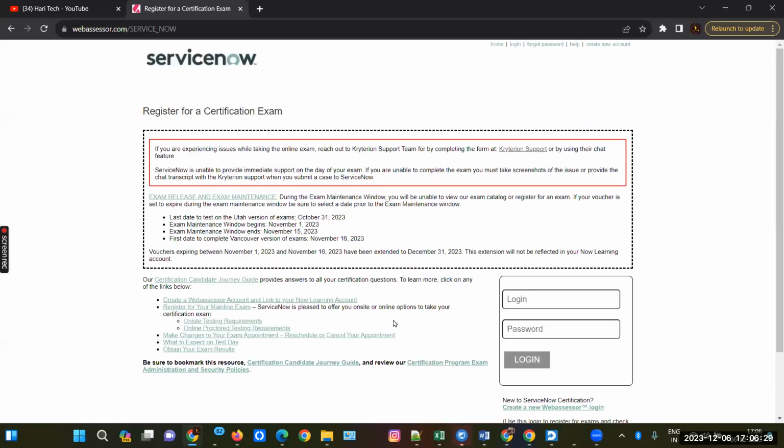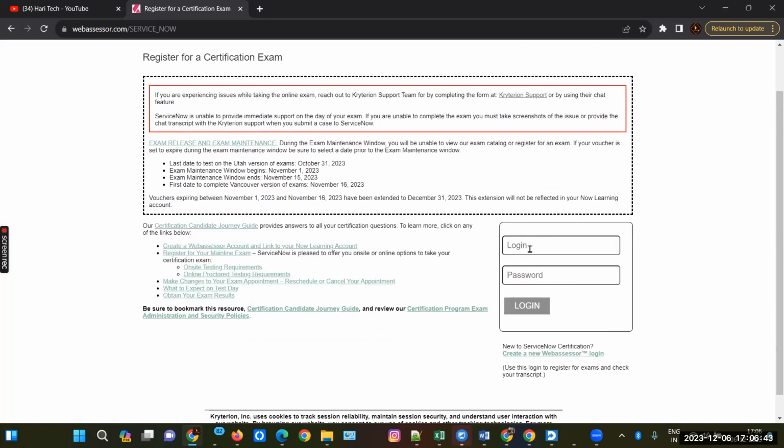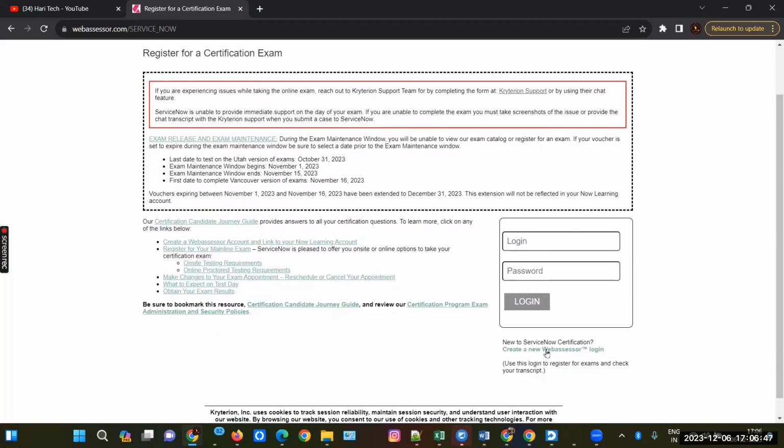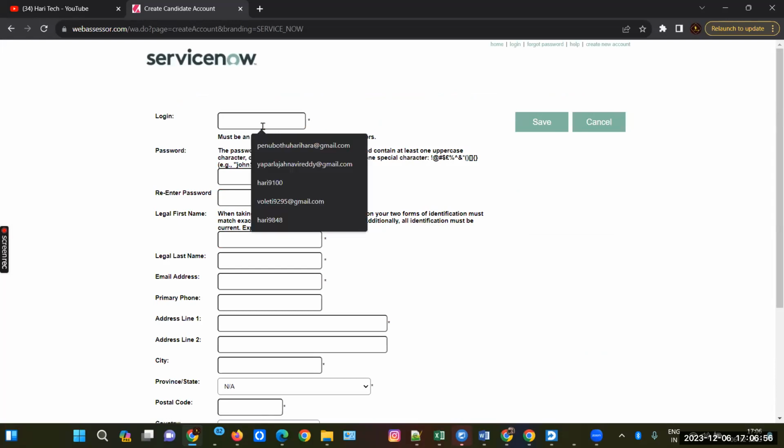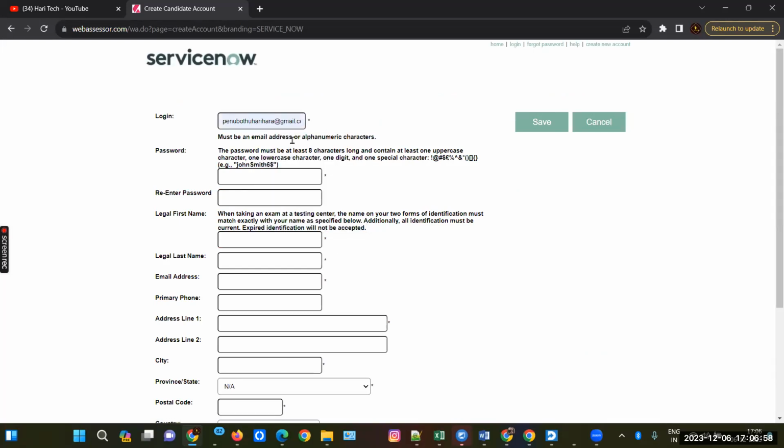After coming here, it is showing this page. Now this is the login username and this is the password where you have to give your username and password. And if you don't have an account here, you can click here, create a Webassessor account login. Click there and give your details. So this is my email ID. So password,